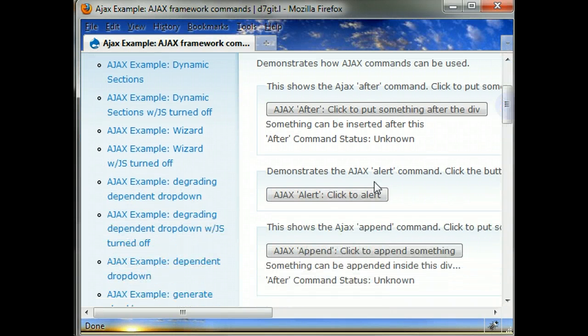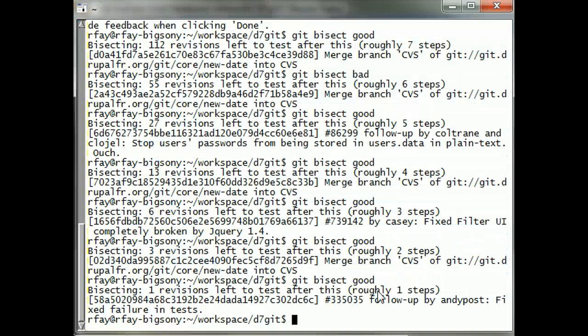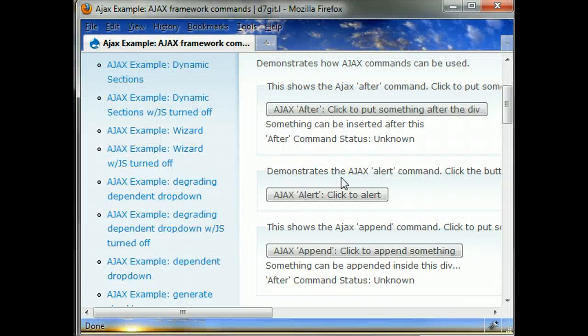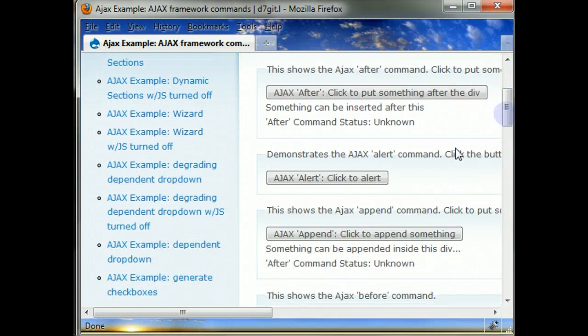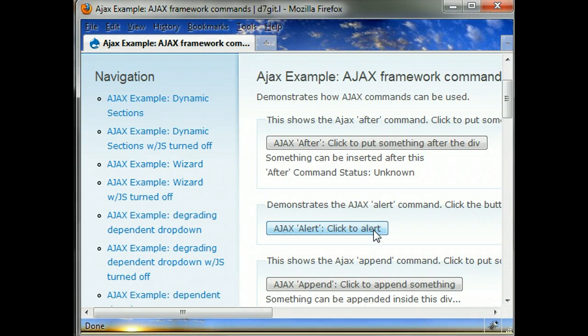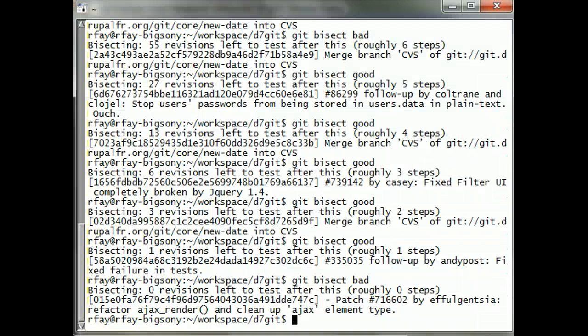refresh, click the alert button, and it's broken. I click it and it gives me the bad behavior. So I will say git bisect bad on that one. And we are going to be there on this one. I'm going to refresh the page, click the alert. This one is bad. So I'm going to say git bisect bad,